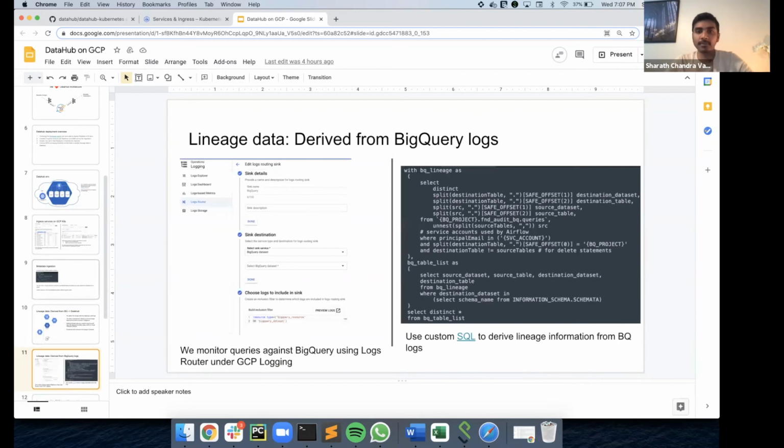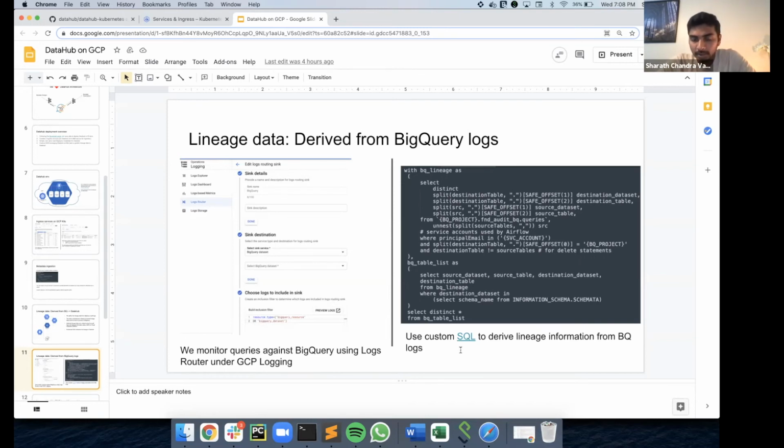Thinking of the first one, on the left side, you would see that we have a logging setup, and the destination of this logging would be BigQuery. And using this query on the right, I have links to the queries here. I can share this during the meeting.